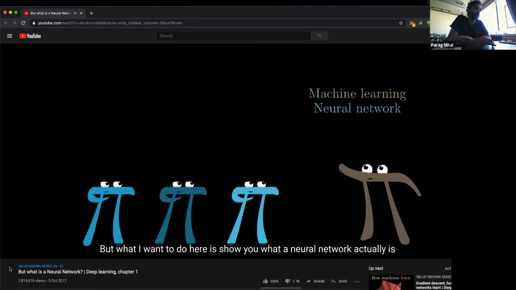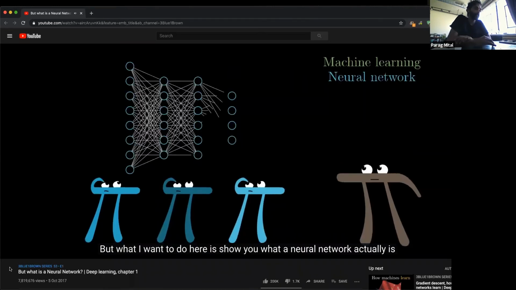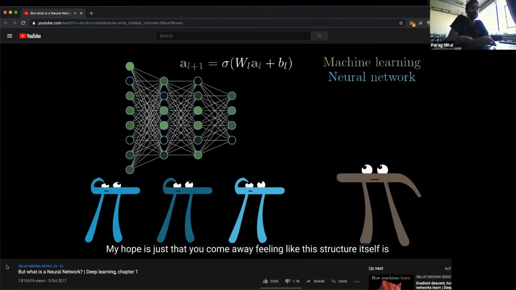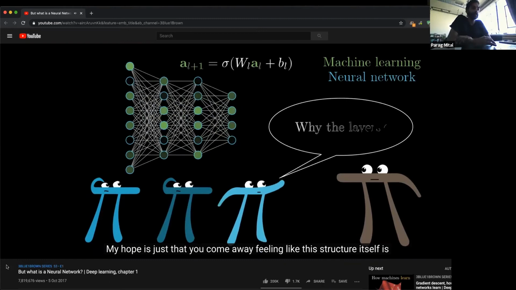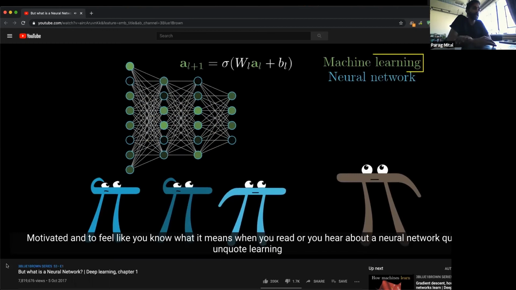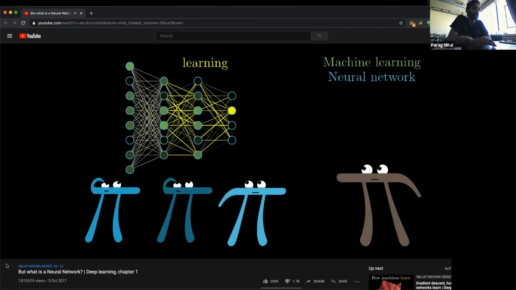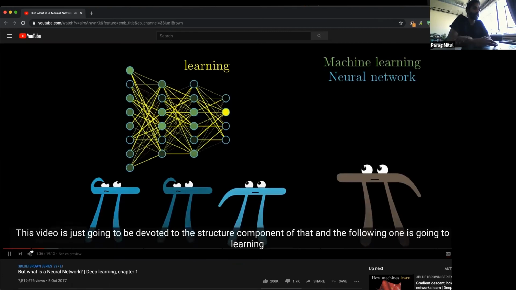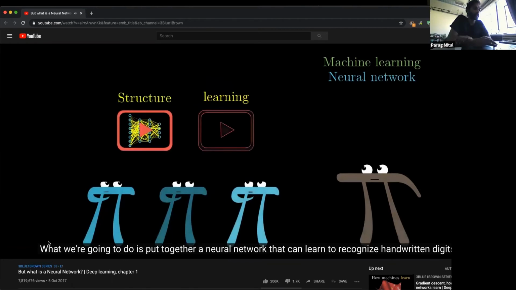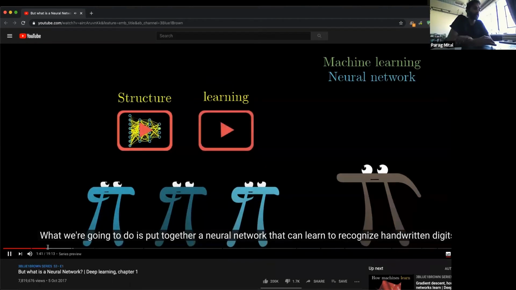But what I want to do here is show you what a neural network actually is, assuming no background, and to help visualize what it's doing. Not as a buzzword, but as a piece of math. My hope is just that you come away feeling like the structure itself is motivated, and to feel like you know what it means when you read or you hear about a neural network quote-unquote learning. This video is just going to be devoted to the structure component of that, and the following one is going to tackle learning. What we're going to do is put together a neural network that can learn to recognize handwritten